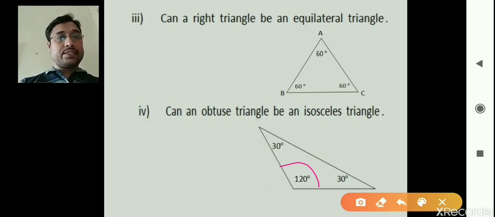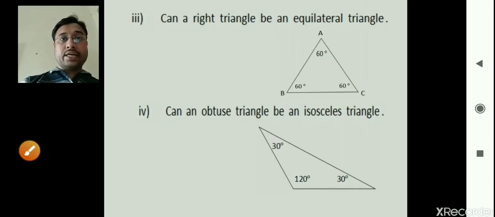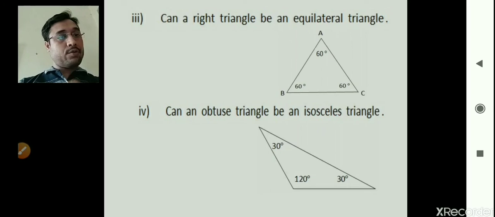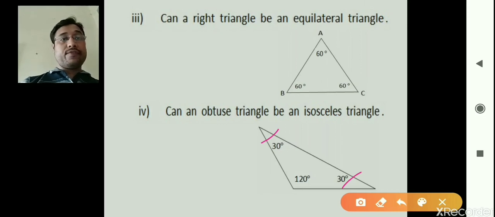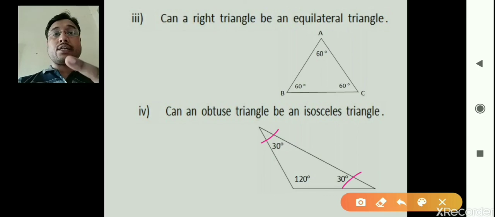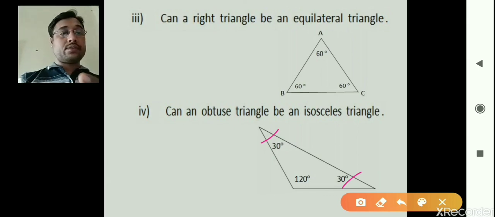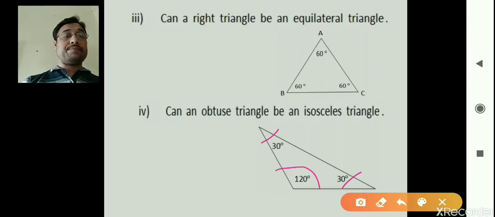And in this you can see the other two angles are equal, which shows that the given triangle is isosceles also. Because in an isosceles triangle the two angles are equal and the two sides are equal. So if two angles are equal here, that means their opposite sides are also equal. And if it is given that two sides are equal, that means their opposite angles are also equal. That is clear, students. And one angle is here 120, therefore it is an obtuse triangle.